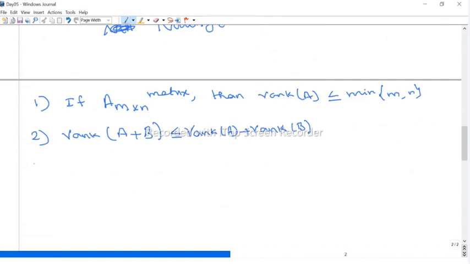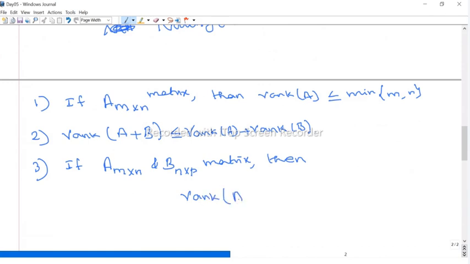And what is the rank of the product? For defining the product, the orders of the two matrices need not be the same, but the columns of the first matrix should equal the rows of the second matrix. That is, if A is an m by n matrix, then B should be n by anything, say p. Then we can define the product. So the rank of the product AB